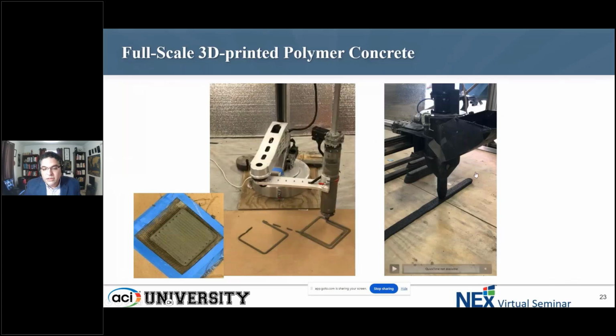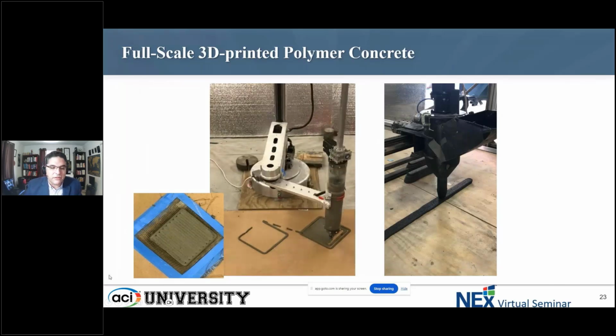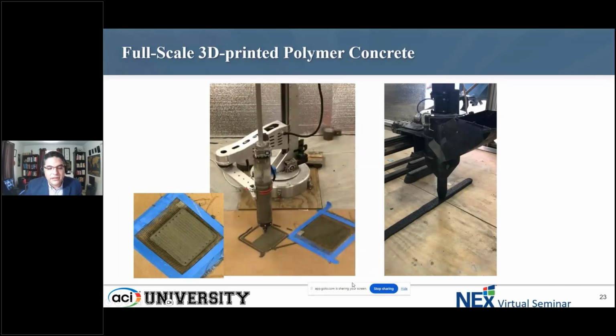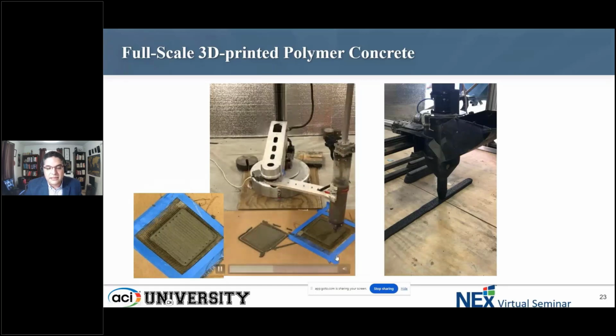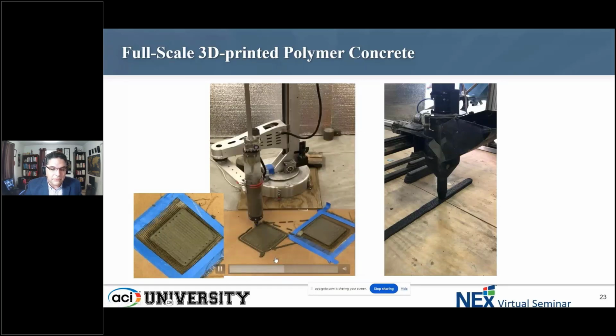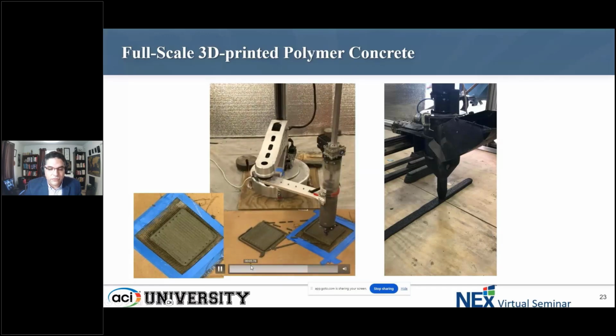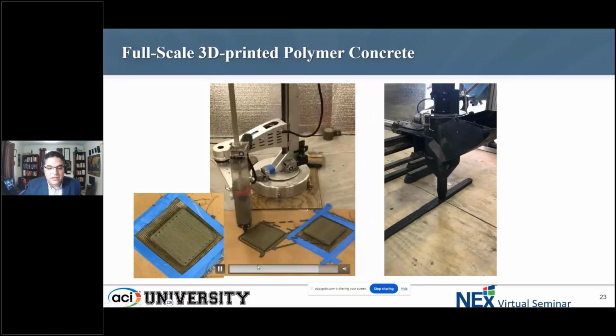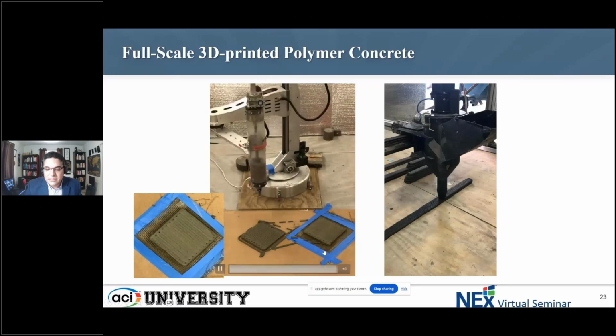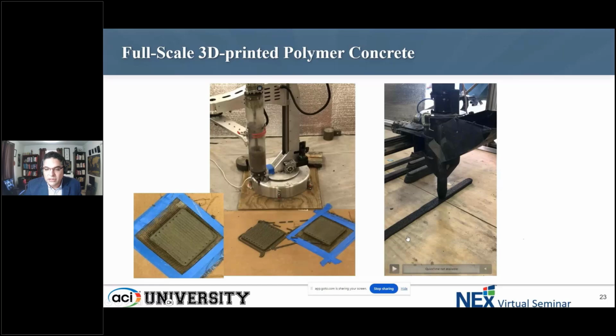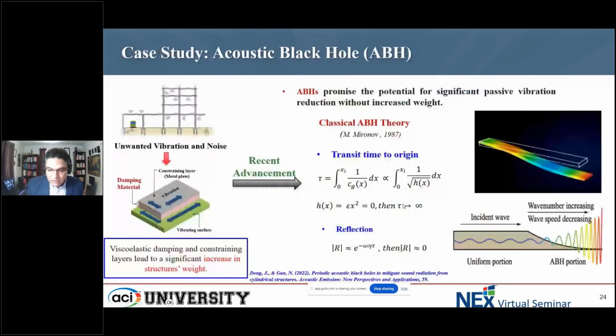And then you can do the printing. This is examples here of the 3D printed polymer concrete, where we actually are doing it as a textile reinforced polymer concrete, where the polymer concrete is printed and then we're putting textile reinforcement in the middle. This is for a special application of textile polymer concrete slabs. This is another example again of printing. I don't think this video will work, but anyway, that is the overall concept of 3D printed polymer concrete by